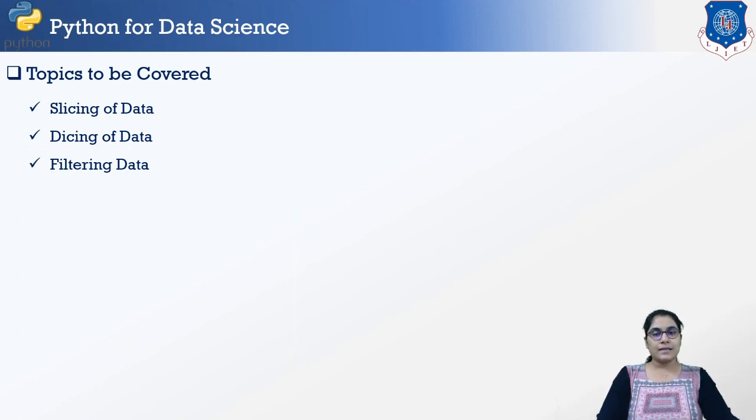Now what is slicing and dicing of data? Well, rather than accessing the entire block of data, when we segment our data based on a condition on a single dimension, it is called slicing of the data. And when we perform segmentation on more than one dimension, it is called dicing of data. And at last, we are going to discuss filtering the data, in which, based on some condition, we are going to filter out our data. So let's discuss all of this in the practical session.